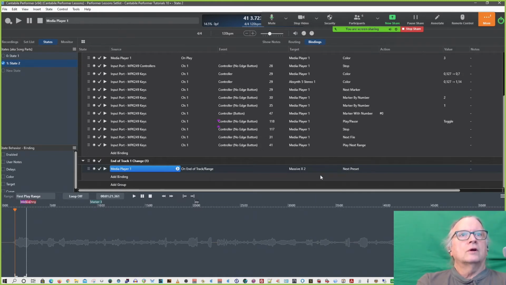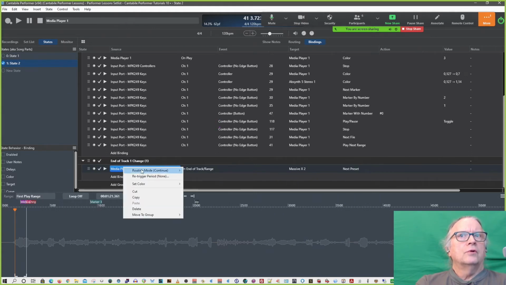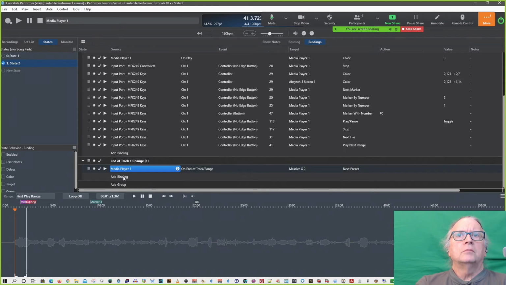But if you have certain things that can only really be done via bindings that states won't cover, or that it would be more convenient in this case to just set up inside of bindings so that everything's visible, then you could make this end of range, you could copy and paste it in